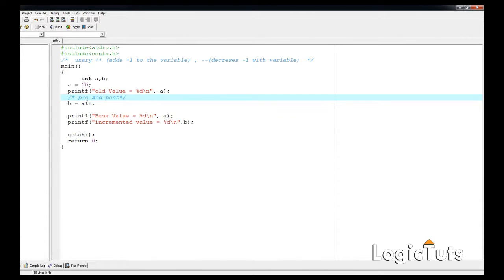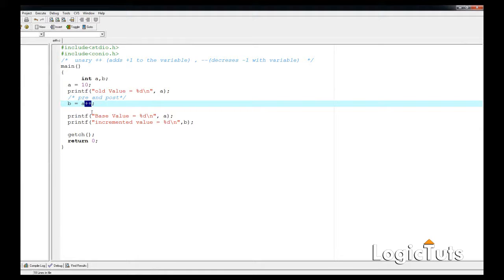Okay, so let's test further, like we can use the decrement operator here, same. Okay, we are using --a. So this means that the value of a is 10. First the decrement operator decrements the value of that variable by 1, and then assigns a to b.